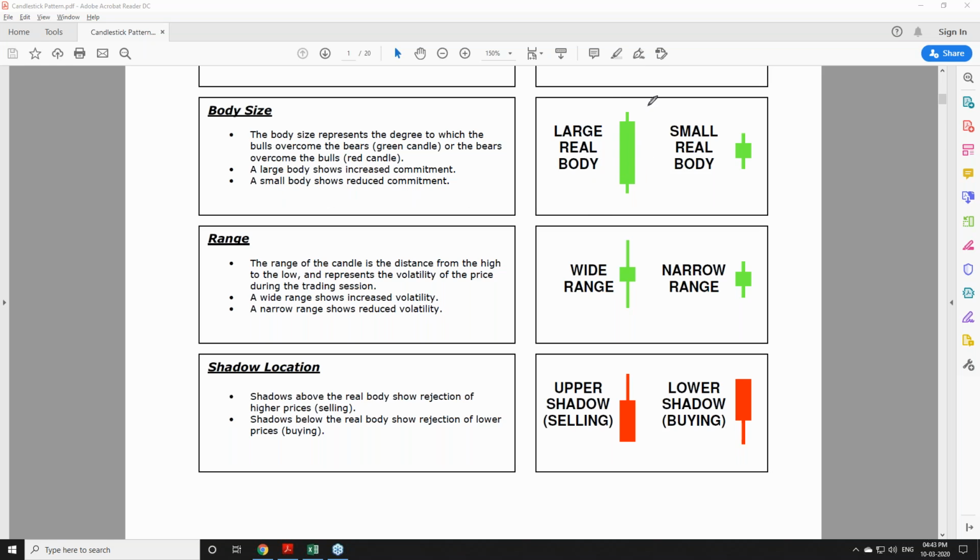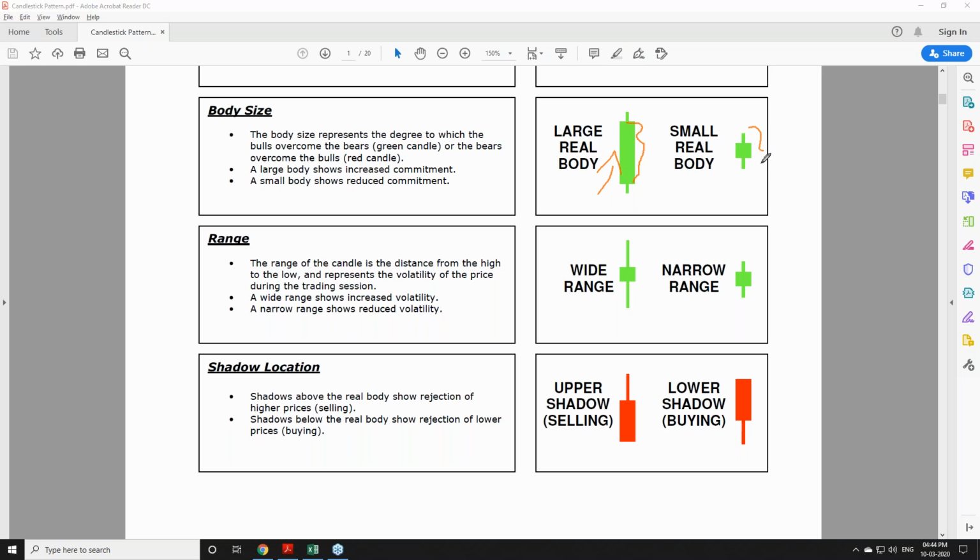So it's very simple. Both are green candles, and both have a real body. Obviously on both sides there are small wicks. But when we see a large real body, that means the sign of buying, the demand is very high. That means buying pressure is there. There is a high possibility of the stock going upside, or the stock is in full buying. That is what we should be able to understand.